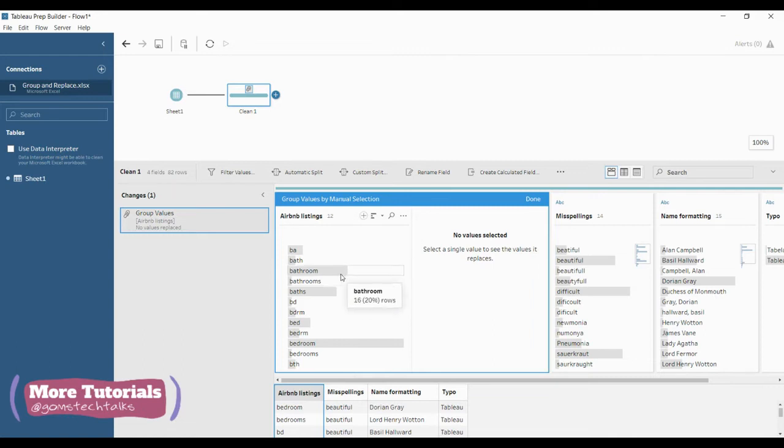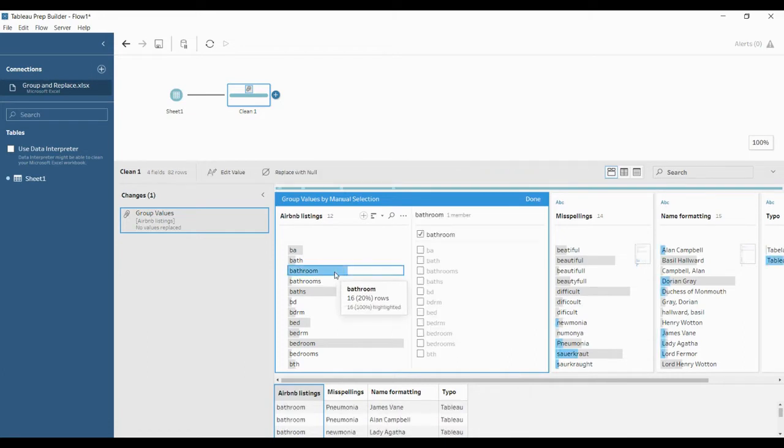I'm going to select which one I need exactly, either bathroom or bathrooms. I need bathroom, so I'm clicking on bathroom. This is how it has to look. And what are all the other entries which have to be grouped inside bathroom?